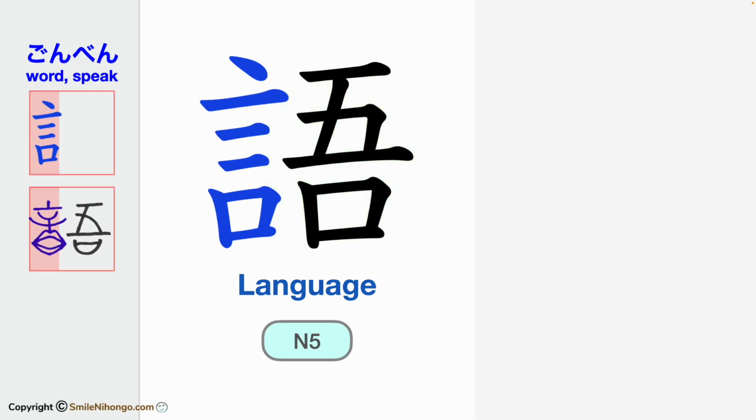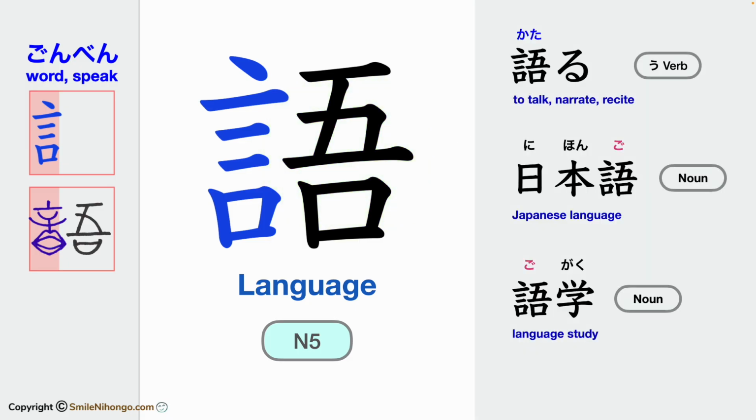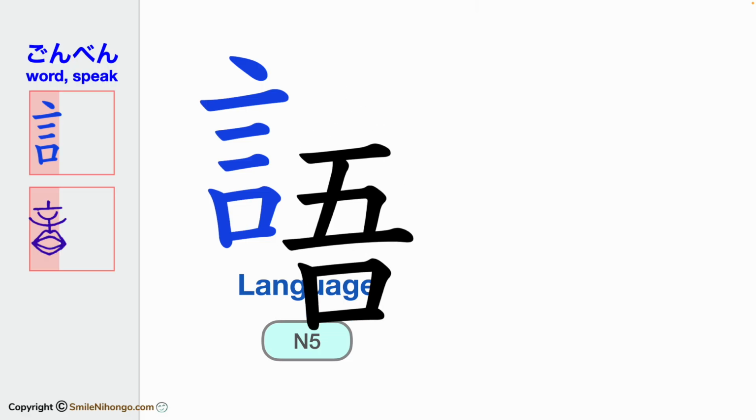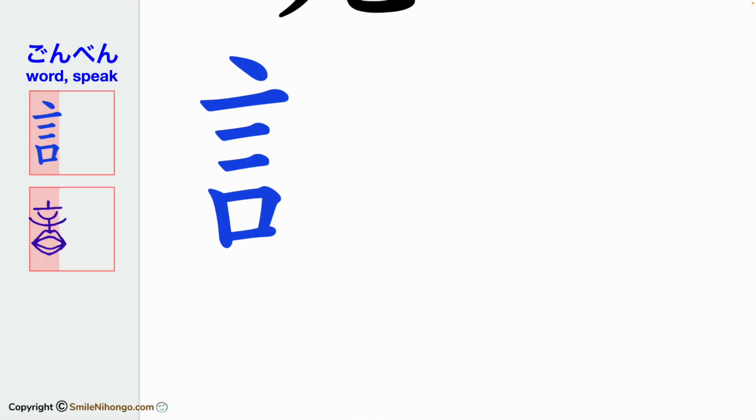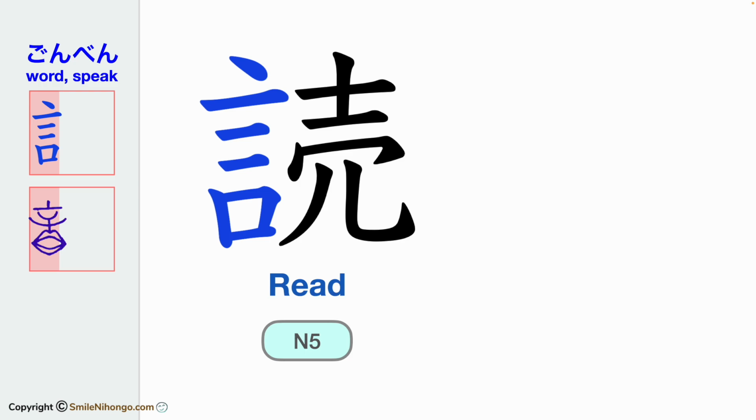These are example words with this kanji character. 語る、日本語、語学。